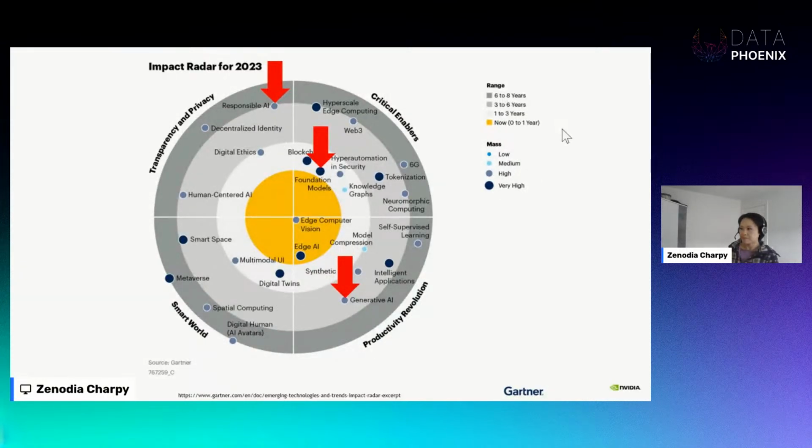Again, these are the three technologies we're going to focus on today, and some of them will impact us much sooner than the others. But let's take that step.